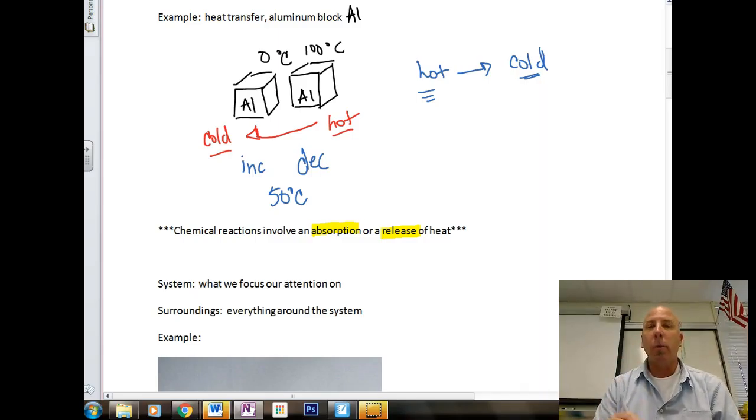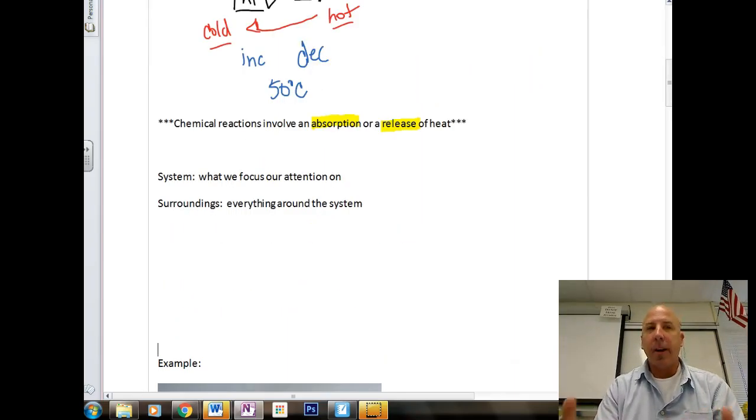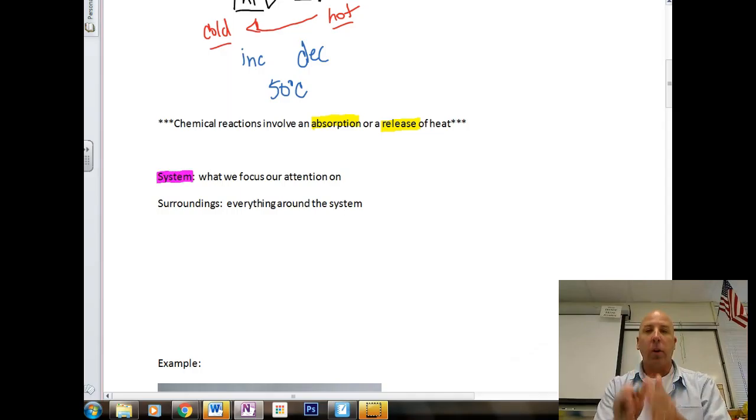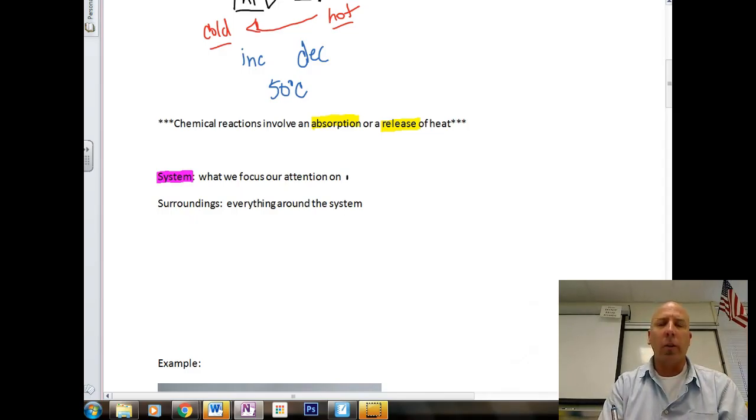So we have to define what we're looking at here before we dive more into these two ideas of absorption of heat and release of heat. So let's define a couple terms here. And the terms that we need to define are a system. And this is what we are going to focus our attention on. So typically in chemistry, the system that we're focusing our attention on is going to be, let's say, a solution